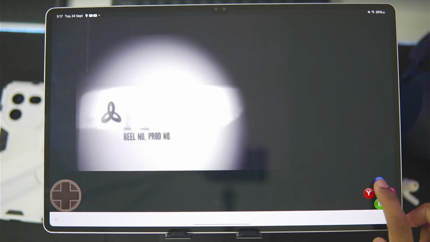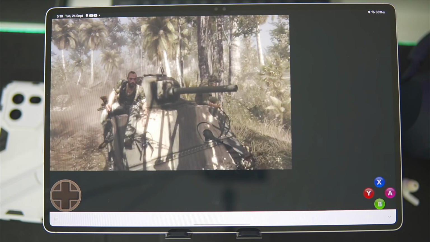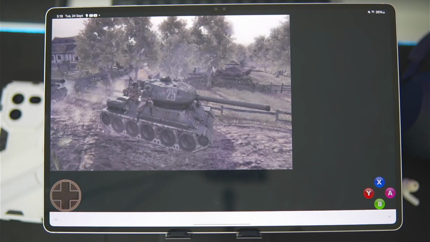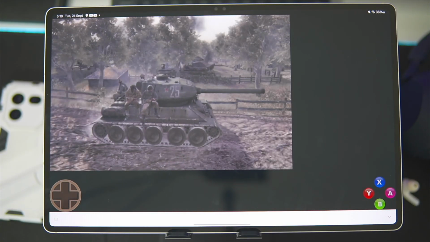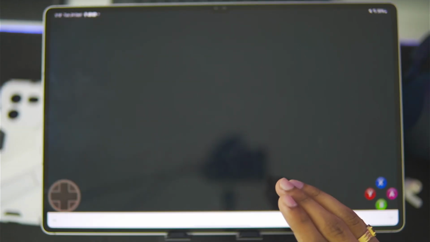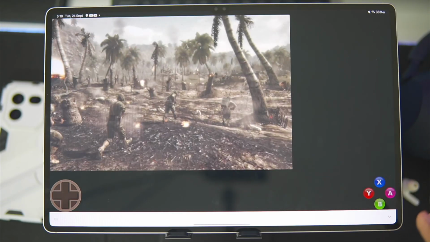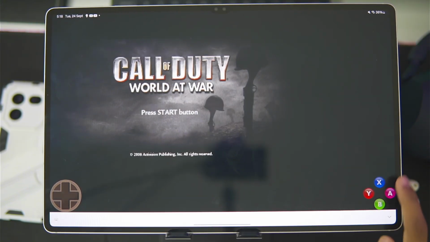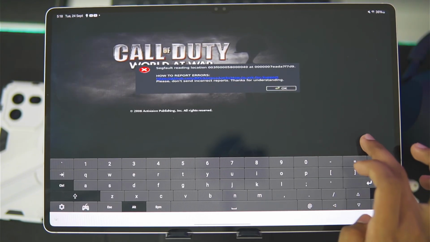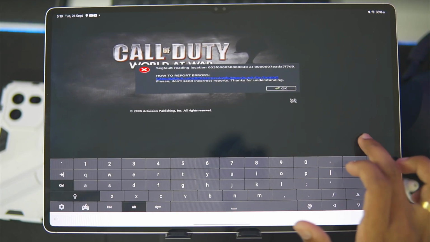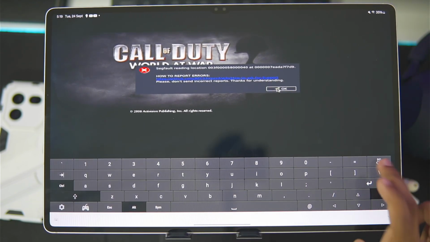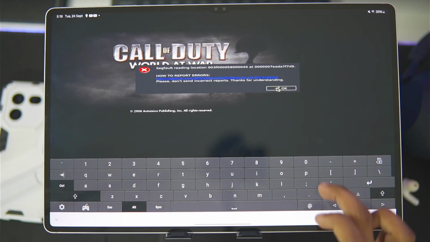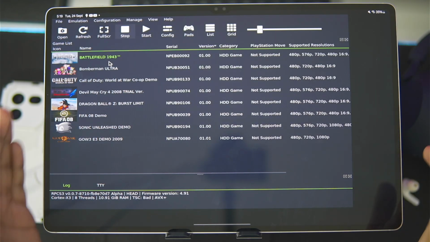So I'll simply swipe back and there we go guys, our game has successfully started, and immediately you guys will be able to see during the cutscenes the game is lagging quite a lot. Like just take a look at this, it must be about 3 to 4 FPS or 3 to 5 FPS, nothing more than that. And I'll press the X button multiple times and there we go, we can simply tap the start button and you will be able to see it. It says segfault reading location, and unfortunately the game has forced stop, so we won't be able to play it on our Android devices. This is very unfortunate guys,